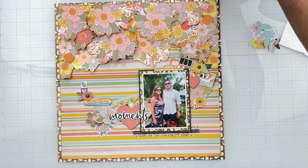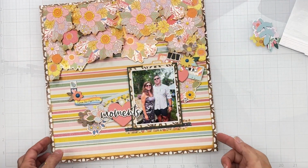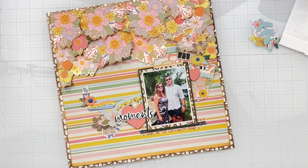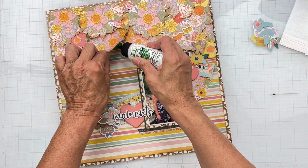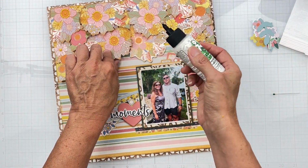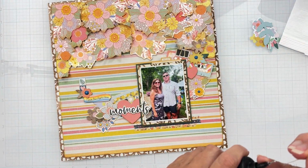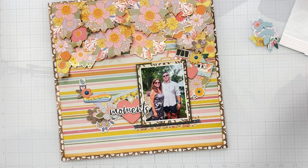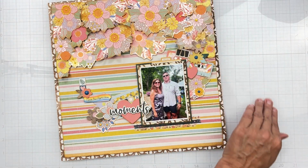You're not going to have to watch that because it's going to take days, and I'll show you my finished layout. I actually ended up grabbing a Nuvo drop. I need to get a little bit of liquid adhesive snuck under this piece without messing up my Nuvo. Oh gosh, that is not an easy thing. Okay, I will hold up and show it to you, and then I have to set it aside to dry and somehow not put something on top. This is dangerous, precarious stuff, my friends. Okay,